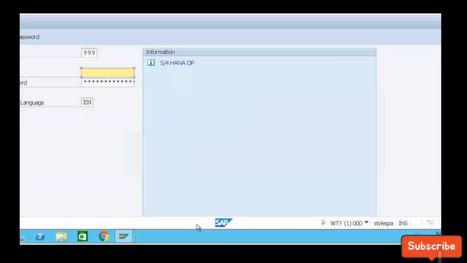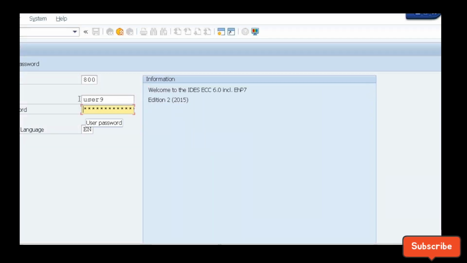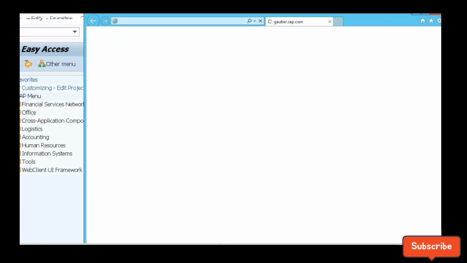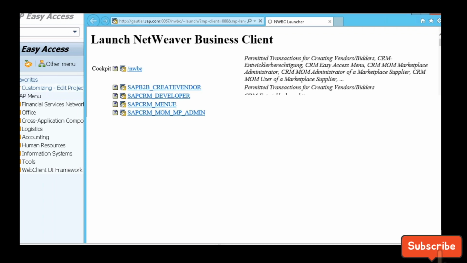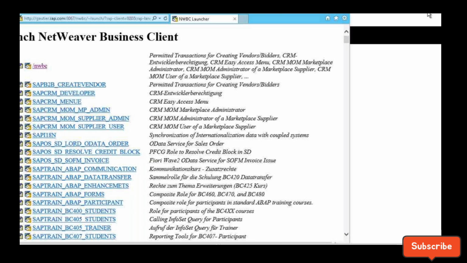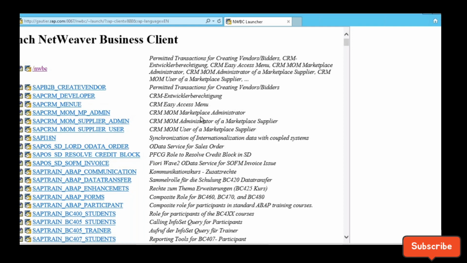For the basic details, I'm just showing you certain things. First we will go to NWBC. Remember, NWBC is, as I just explained, nothing but the NetWeaver Business Client Launchpad. And this Launchpad will be required again and again in order to access different master data. Okay, so now when I go there,